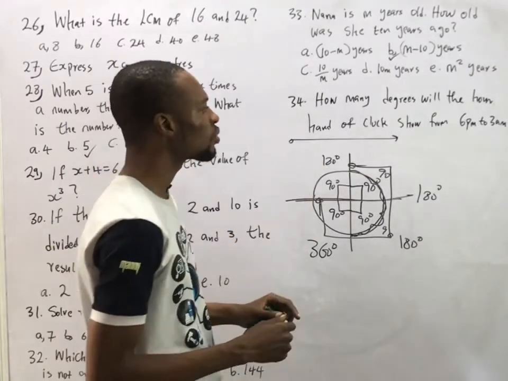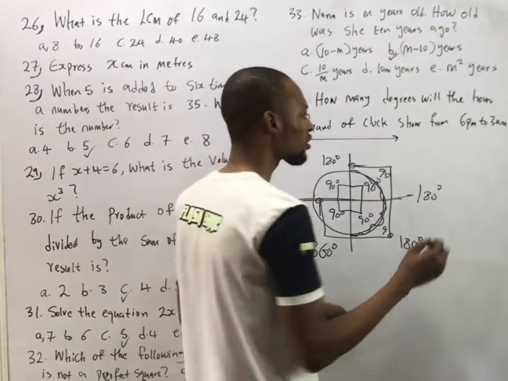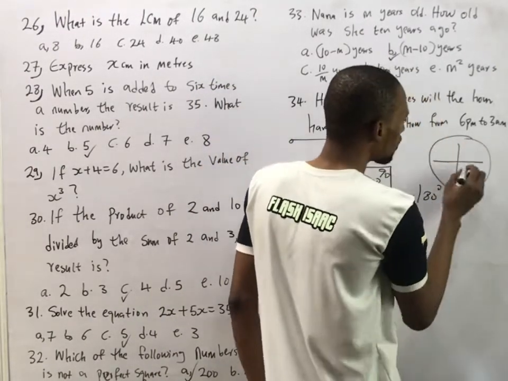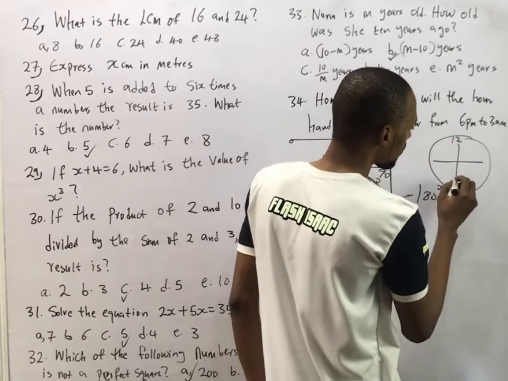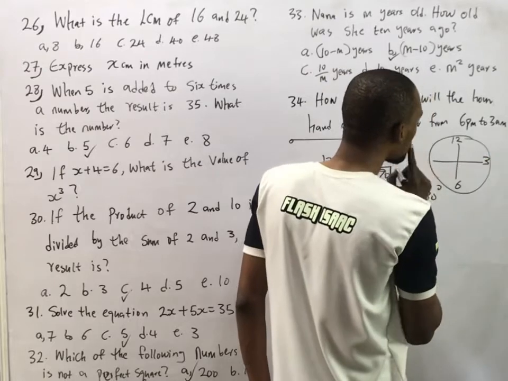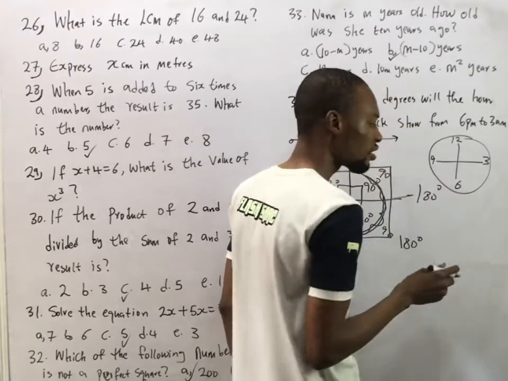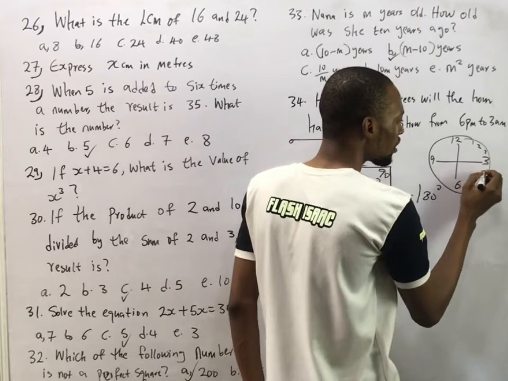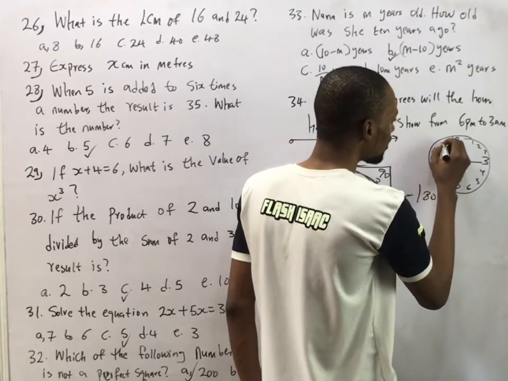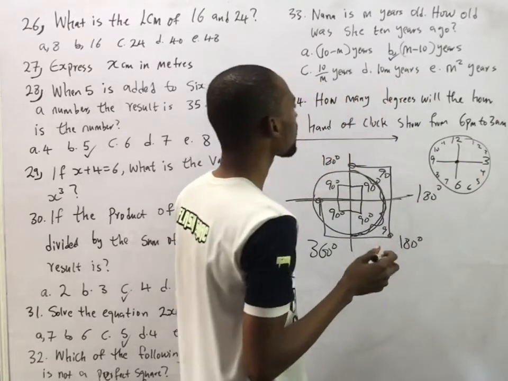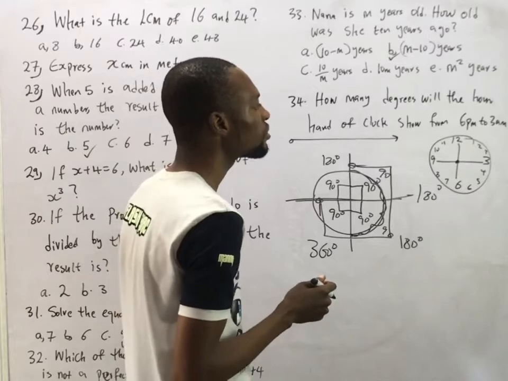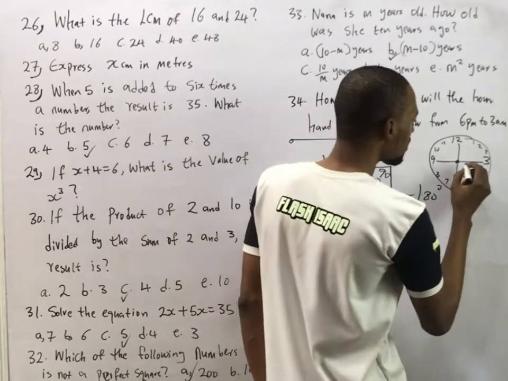Let's compare this to a clock. Given a clock, here is 12. Here is 6. Here is 3. And here is 9. So this means here is 1, 2, 3, 4, 5, 6, 7, 8, 9, 10, 11. Now it says, how many degrees will the hour hand of a clock show from 6 p.m. to 3 a.m.? So if this is 6,